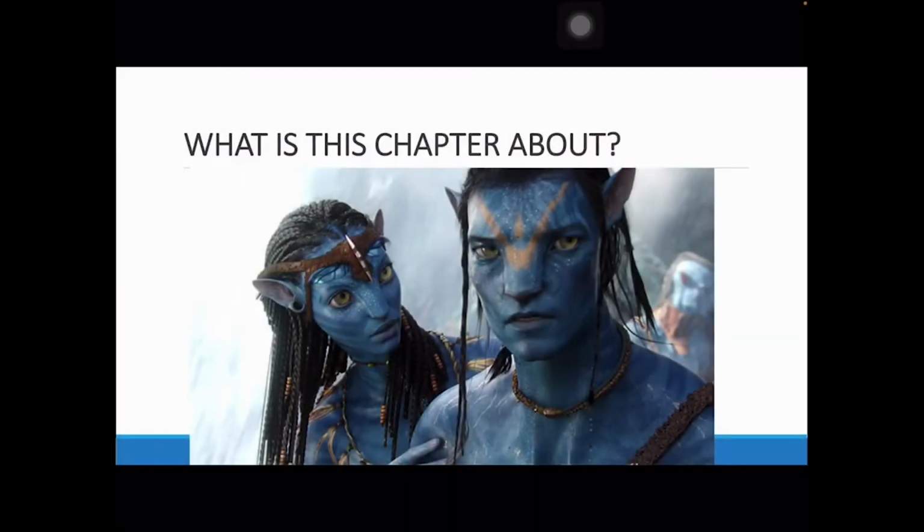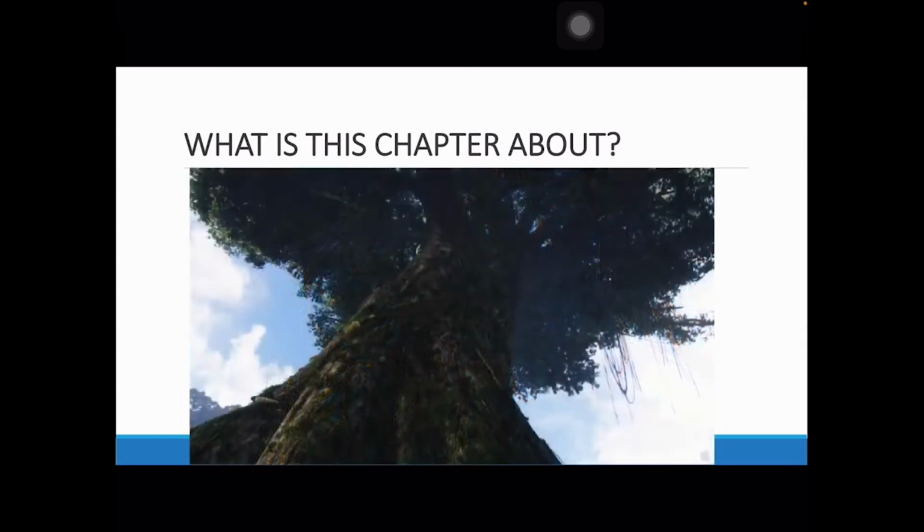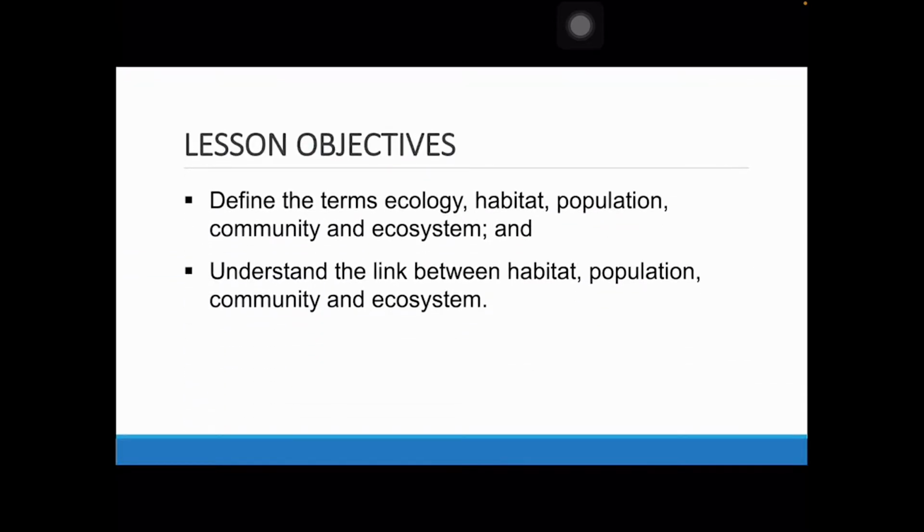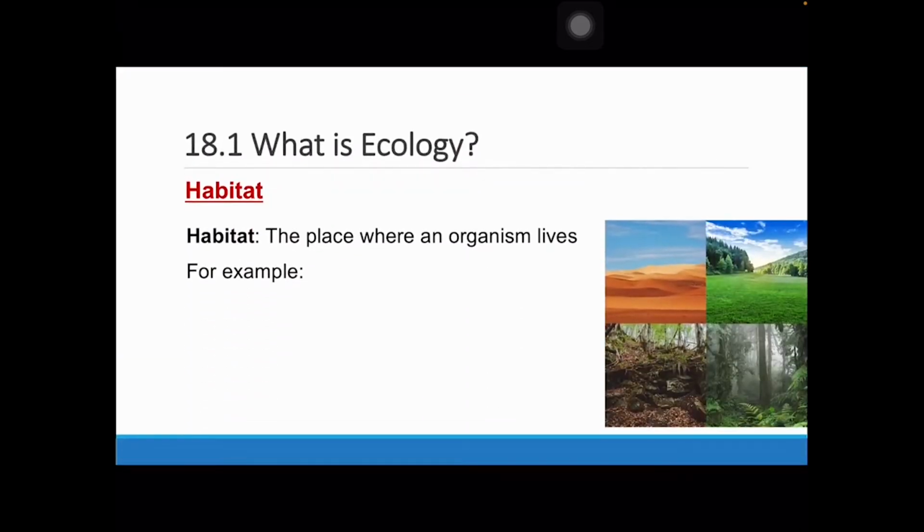Now, as you can see from the short clip, what exactly is going on? We see a lot of different species of aliens as well as other creatures interacting with one another. We also see how the environment can affect and also protect or injure some of the different species. Now, this is what this entire chapter is about. It's trying to get us to understand how exactly the environment and the organisms interact and support one another in the ecosystem.